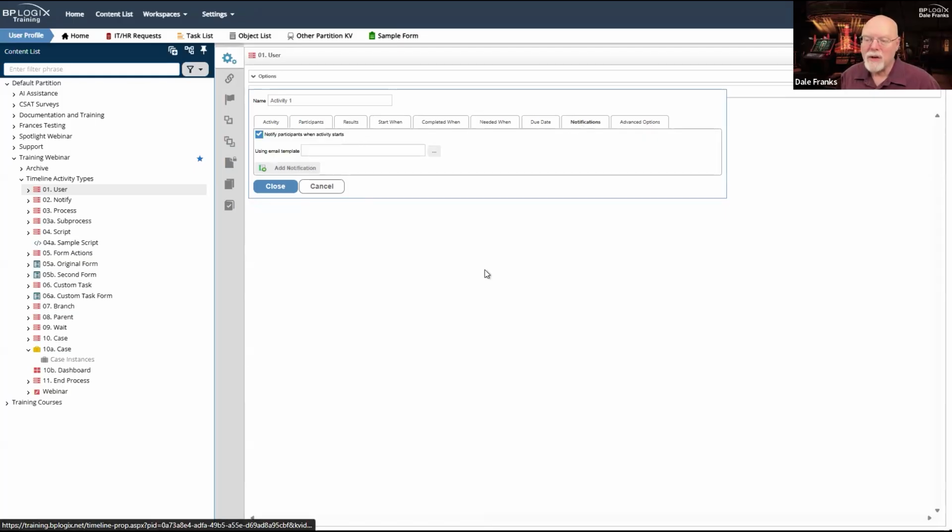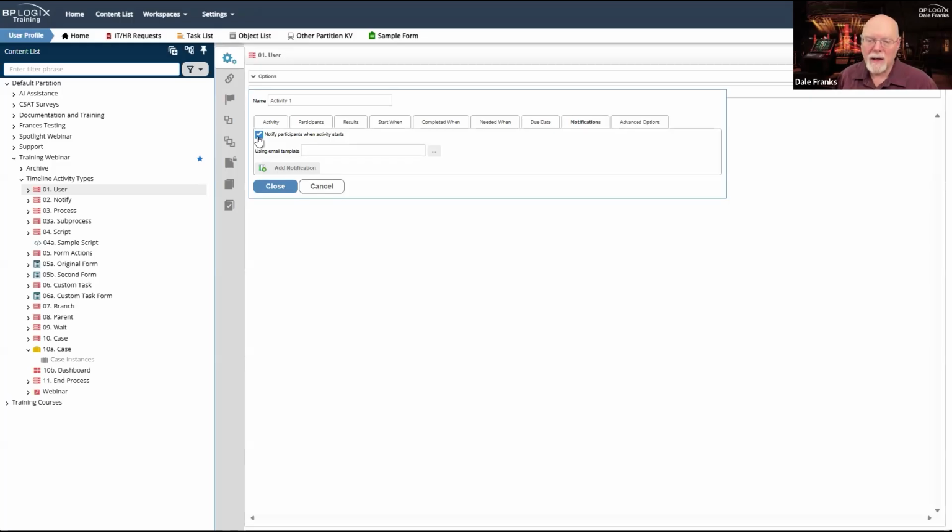I don't need to do anything to ensure that the timeline initiator receives a task assignment email. That happens automatically because I have the notify participants when activity starts checkbox checked. That's a super important checkbox.